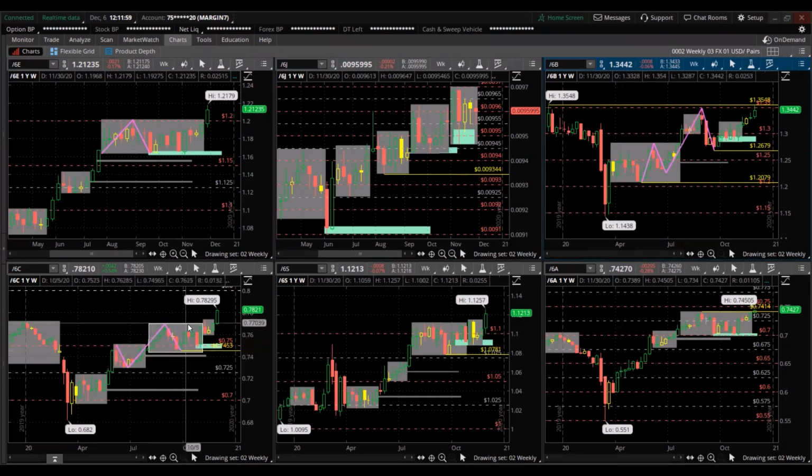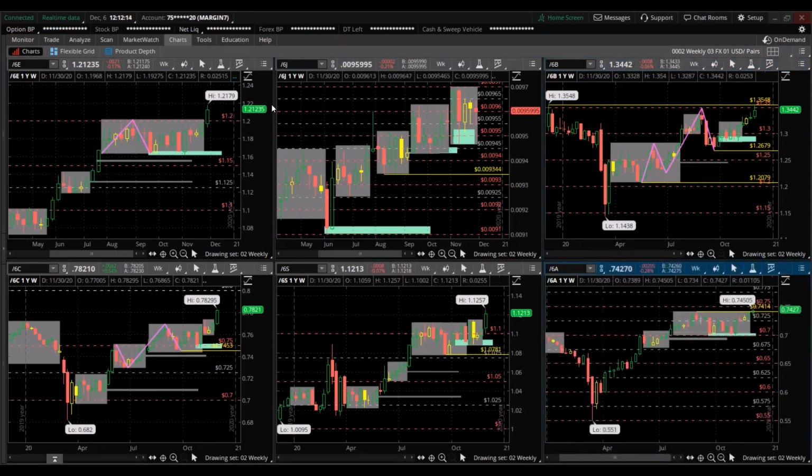Canadian dollar, all-time high for the year against the US dollar. It's trending higher, staircase pattern higher. Swiss franc, safe haven currency. It's at an all-time high for the year, broke out of consolidation. And Australian dollar, all-time high for the year, broke out of consolidation. Again, that's reflecting the weakness of the US dollar. That means US products are going to cost more money because all commodities are also priced in US dollar.